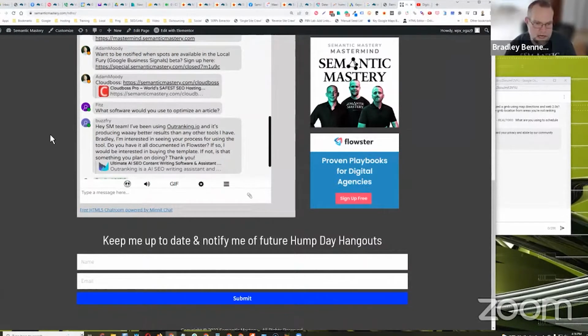I talk about this all the time, but the question just below, which you posted, is our go-to tool for creating tuned content, which is Outranking.io. It's fabulous. It's just an outstanding tool. But that's for creating content. If you're going to be just optimizing existing content, there's a number of them that work very well.